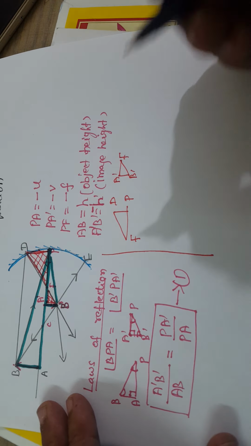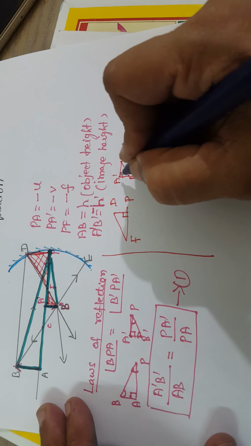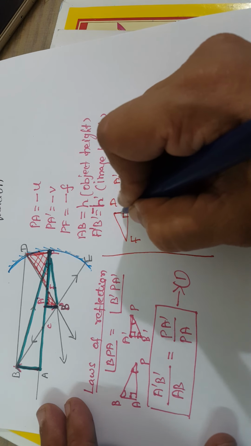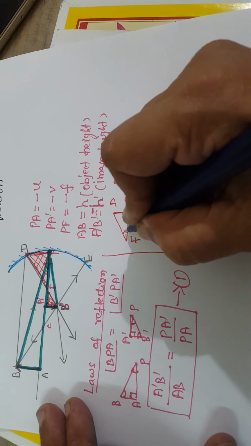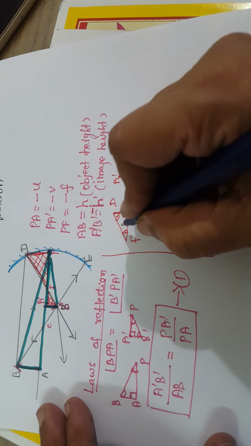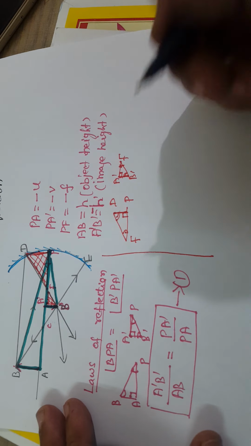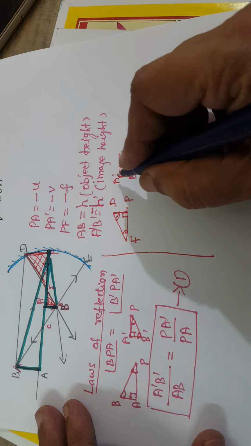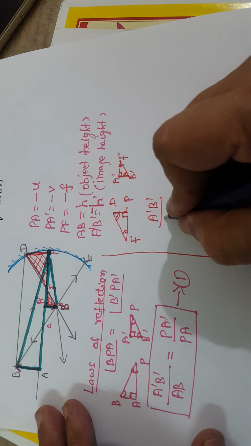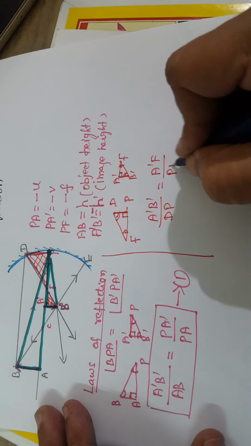These two triangles are similar because you can see you have 90 degrees here. The angles opposite to this vertical side, these two angles are the same. So these two angles are the same, which means naturally these will also be similar. So these two are similar triangles. As usual, the ratio of the sides you can equate. Sides are proportional. So in this triangle the vertical side is A dash B dash, by here the vertical side is DP. Okay, here the base is A dash F and here the base is PF.